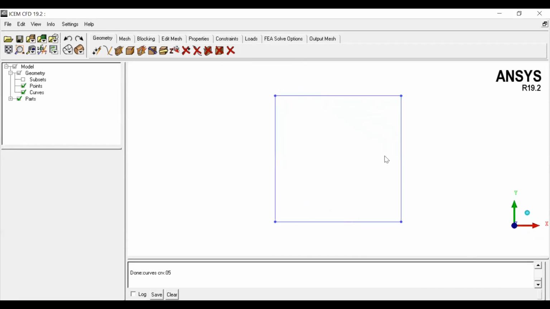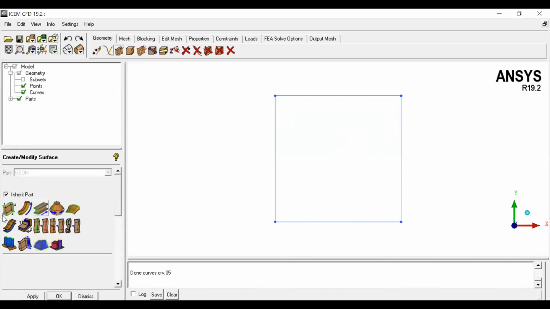Once you create the lines, you can generate a surface from the lines, right? For that, click create or modify surface. Then these are the relevant surfaces, the relevant commands in the surface command. The first one is simple surface. By selecting the 4 lines, or by selecting 3 lines, you can generate a simple surface. And this is the curve driven option. We can explore that one.